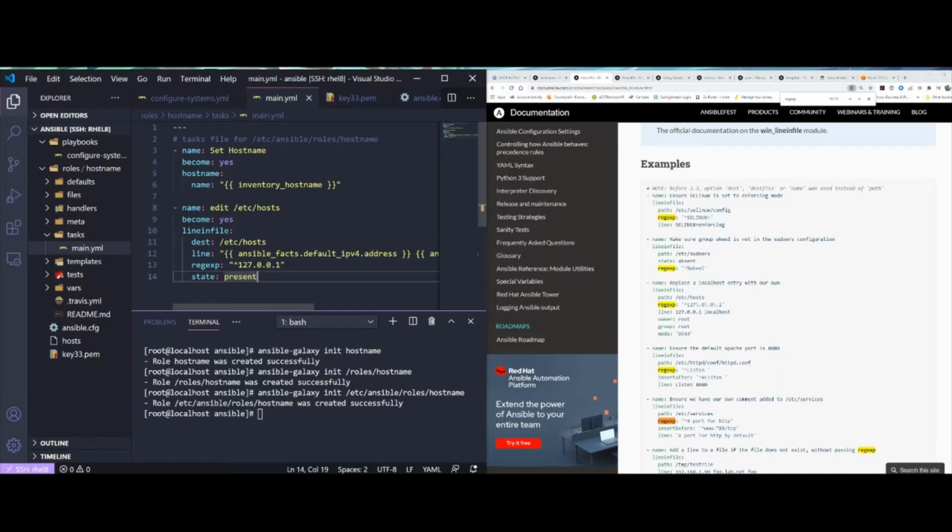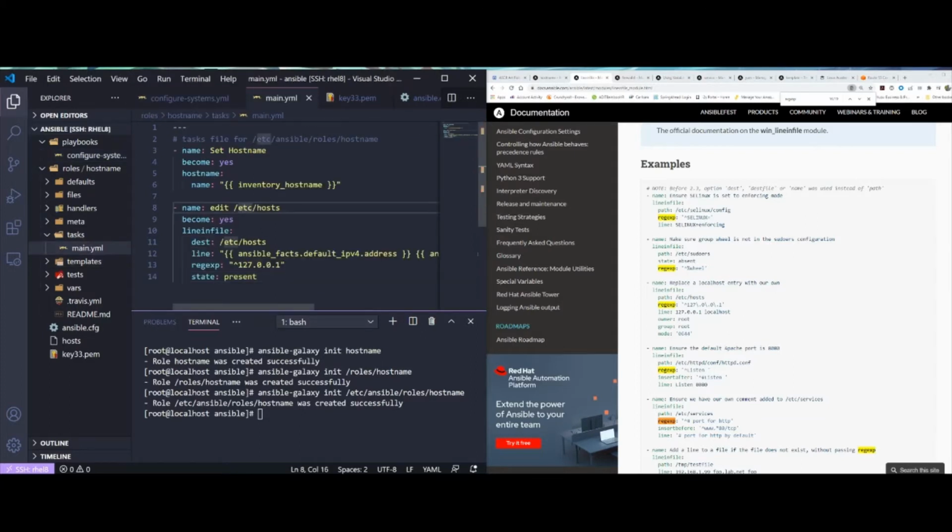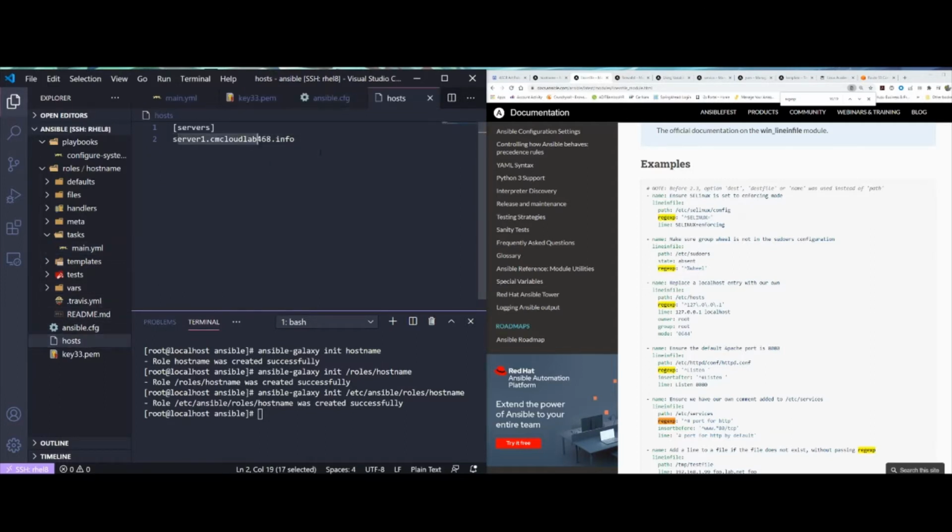Alright, so what I've gone ahead and done is the playbook's going to call the hostname role. You watched me create the directory earlier, but we're going to become root, and we're going to set the hostname, and it's going to use what Ansible calls magic variables, the inventory_hostname that's defined in the inventory file that I use. So it's going to use this hostname defined here,